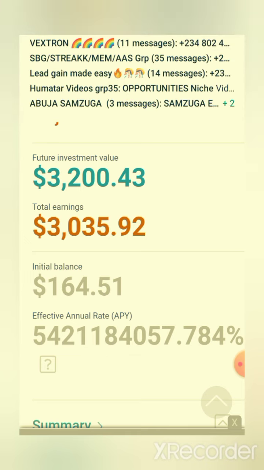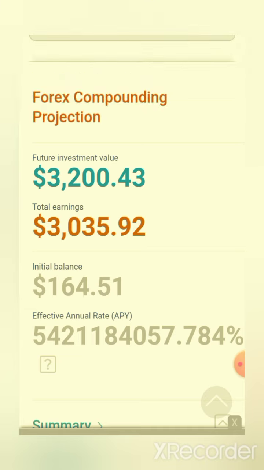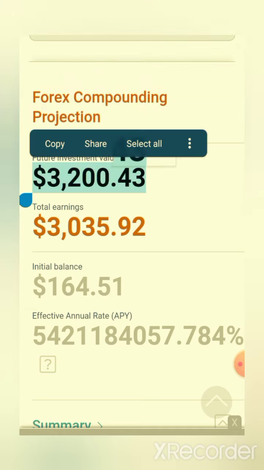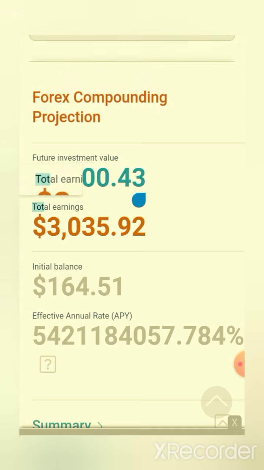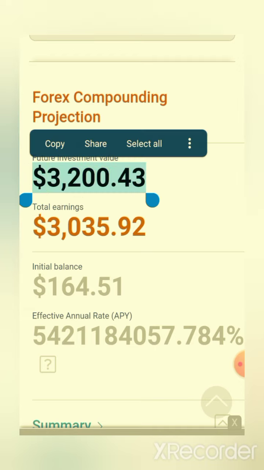I can't say exactly, but let me go and do the maths. We have to complete all the mathematics here. Now let's carry this money and go to our calculator and do the maths, right? $3,000. Let's go on. This is 2 months, guys. Sorry, this is 3 months, guys. So let's copy this number here